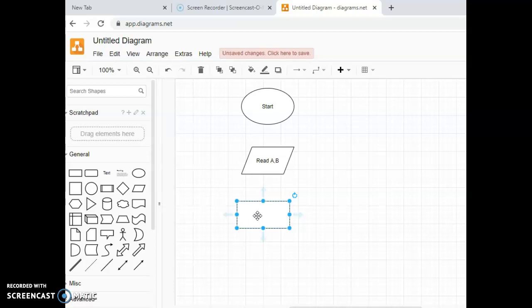So the process can be represented by a rectangle. Here in our particular process, we are going to find out the sum of two numbers. So we are going to write sum equal to A plus B.